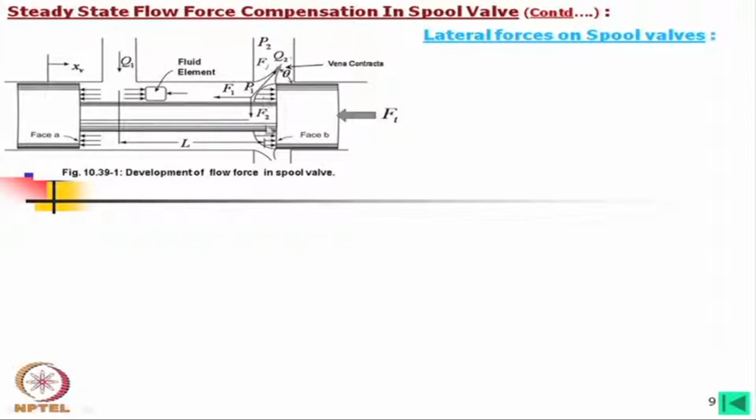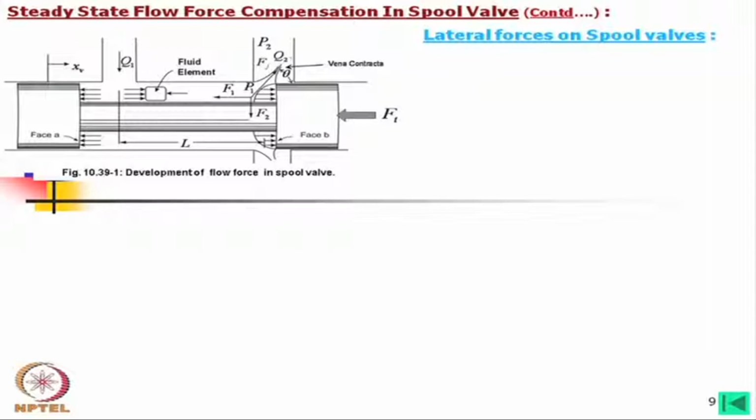But there is also the lateral force F2. For the full rectangular port or for uniformly distributed small rectangular ports, or they may not be rectangular also, uniformly distributed, if we look into this F2, ideally they are equal and opposite. So, they are cancelling each other. So, there is no chance that there will be lateral force,